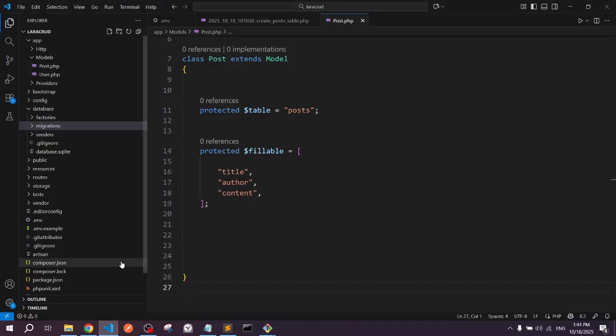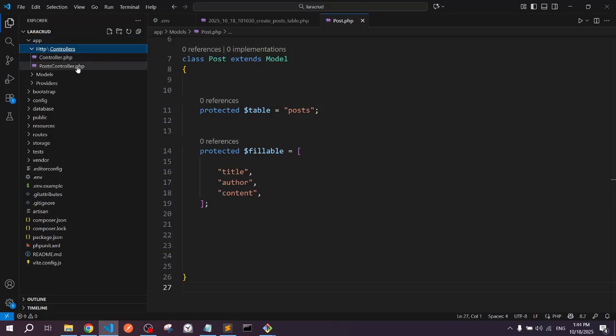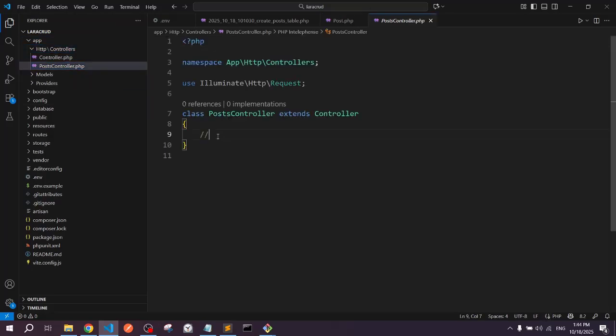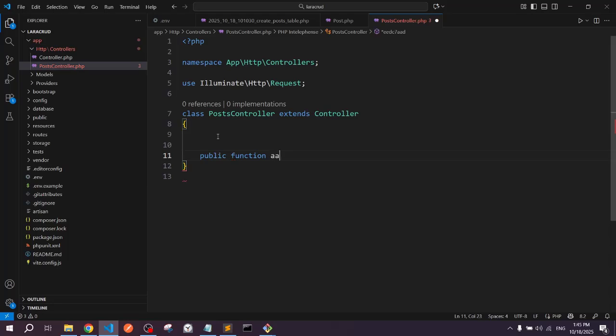All right, so let's simply go in here and go to app, HTTP, PostController, and here we can simply write our function that will display all posts. So I'm gonna go public function, and then the name of this function, allPosts,